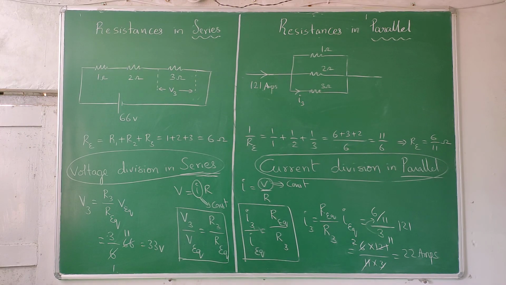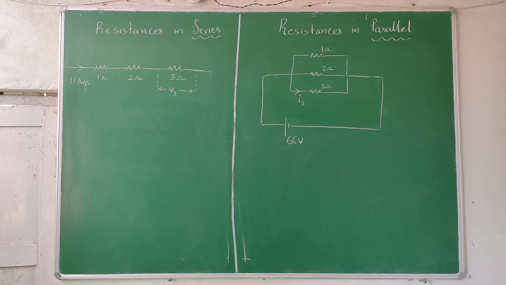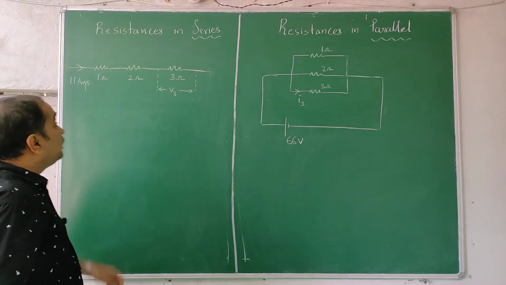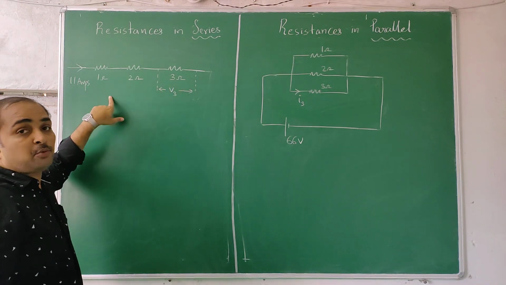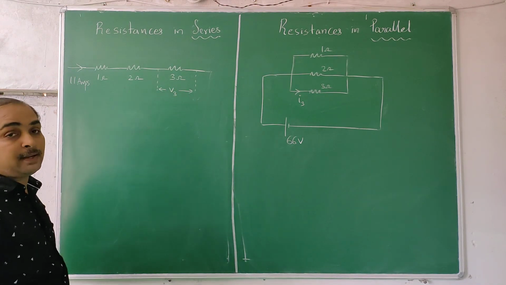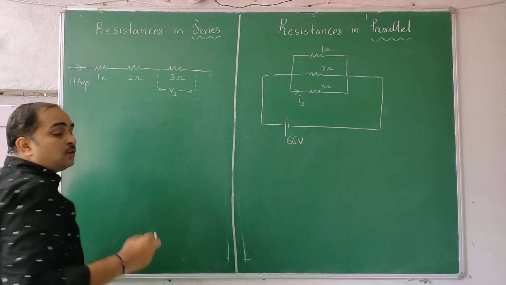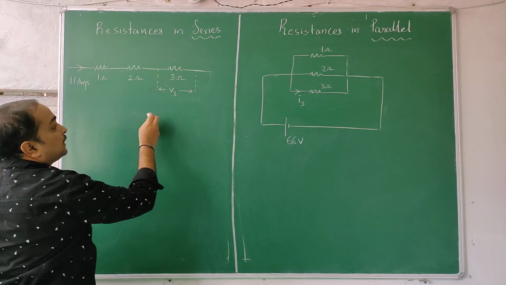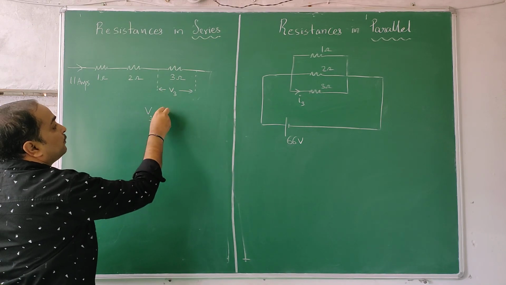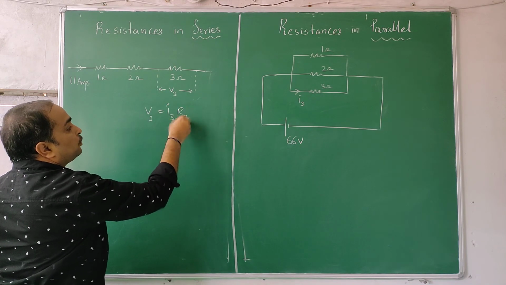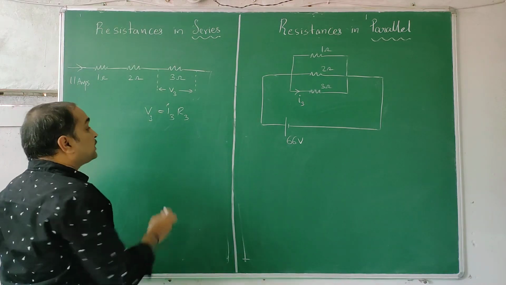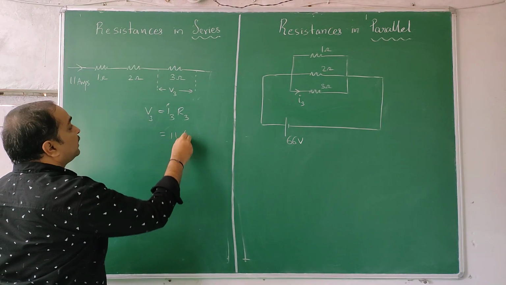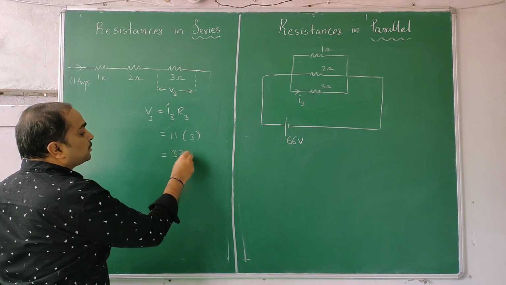Take a snapshot. Very useful procedure. See students, we have done the tough problem previously, now we are doing the easy problem. Suppose instead of potential difference 66 volts, we have no potential given, 11 amperes of current is coming. What's the potential difference across this? Common sense says that the current doesn't split, 11, 11, 11 it comes. 11 3s are 33. V3 is equal to I3 R3, nothing to find, not even the equivalent resistance. This is the simplest case. I3 is 11, 11 3s are 33 volts.